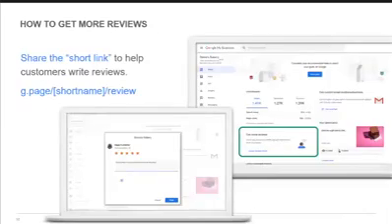So, sharing your short link. This is a great way to help receive more reviews. Once again, the URL format is g.page/shortname. You can also send a link directly to the review section of the business profile by adding /review, no S, to the URL. And so the short link to your business reviews would look like this: